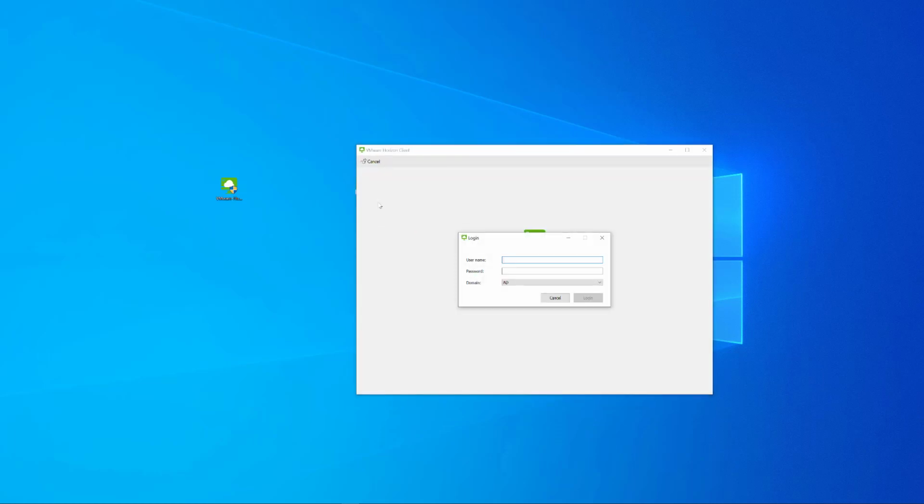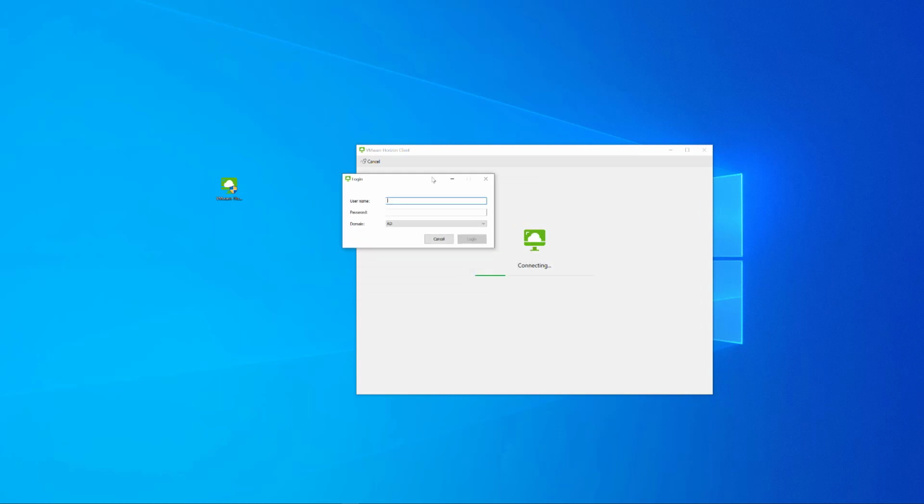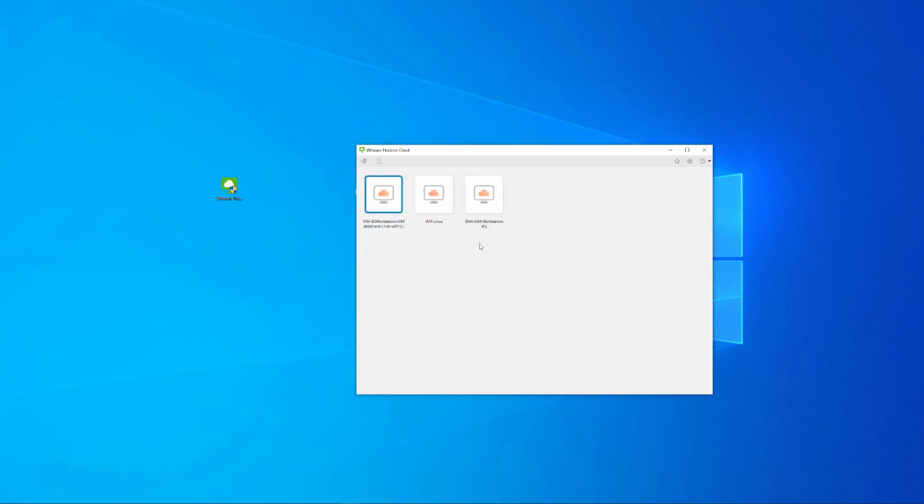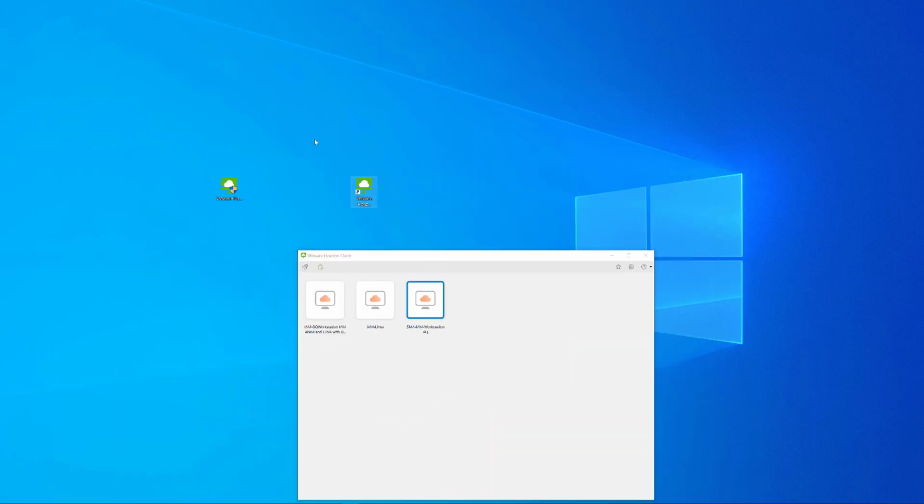If I double click this icon, it's going to give me the same login information as I had through the browser. I'm going to hit IAM here, type in my username, and then the password is whatever, again, they gave you on campus for your Windows login. So I'm going to hit login, and now you can see I have the same thing, 8Q and 4Q, and you get the icon here, which is really nice to have because it'll always pop this up. And if I run the 4Q here,